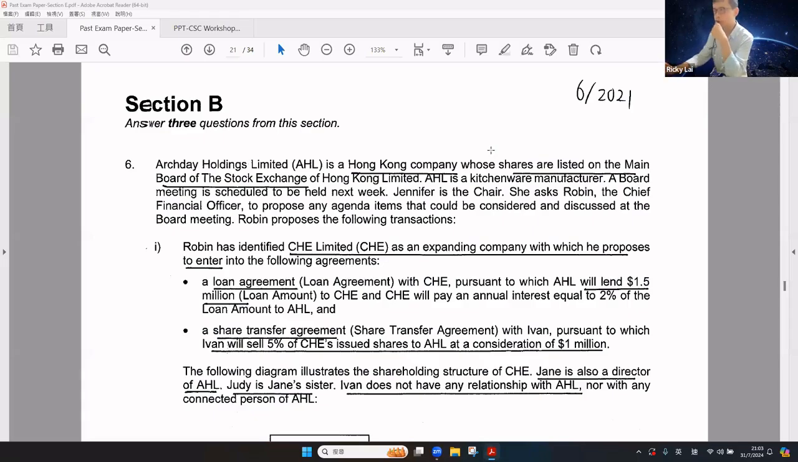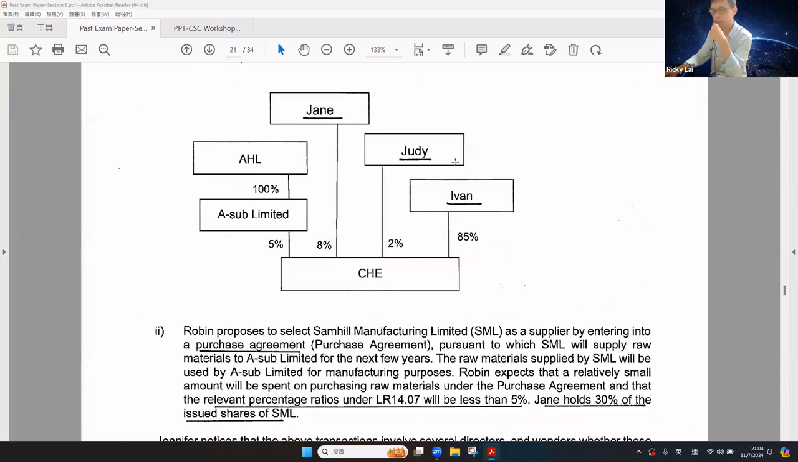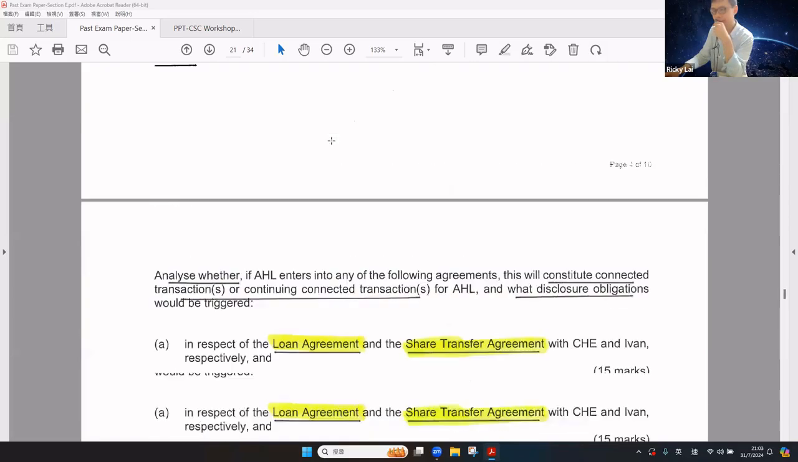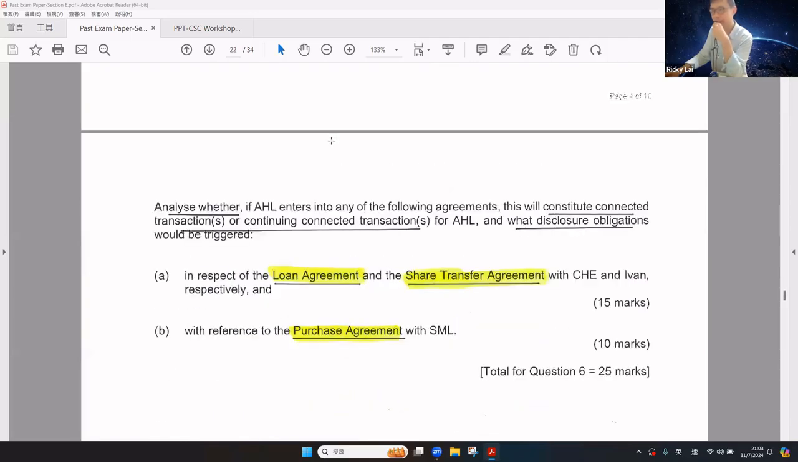Now let's take a look at 2021 June. Okay, again, when you talk about listing rule, it's very common to put the shareholding table or the timeline for transaction and also the organizational chart. And before we look at the scenario for the whole question, let's take a look at the question requirements, including analyzing whether the agreement will constitute a CT or CCT,